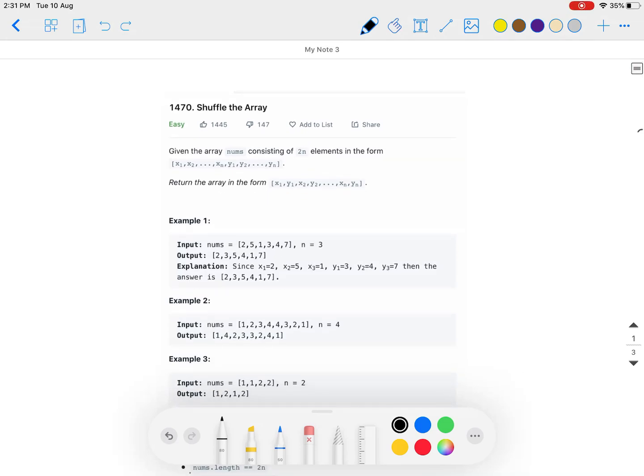Hi guys, this is Uj, and today we're gonna solve a Leetcode question, shuffle the array. It's a pretty interesting question, and we're gonna solve it in time complexity O of n and space complexity O of 1. So basically, you're given an array like x1, x2, and till xn, and then you have y1, y2